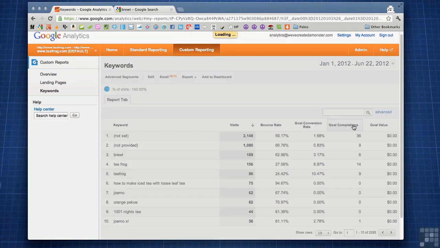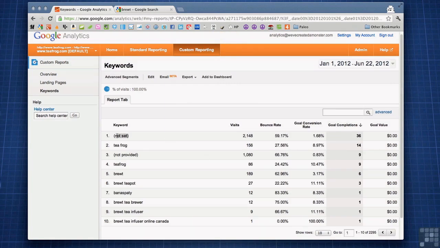And let's sort by goal completions. Not set means that they were logged in. They have a Google account and they were logged into either their Gmail, Google Plus, Google Calendar, Google whatever. They were logged in with their Google account. And unfortunately, Google is not